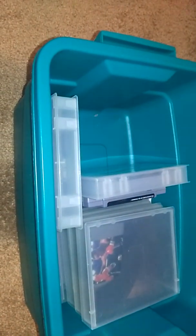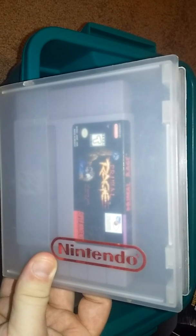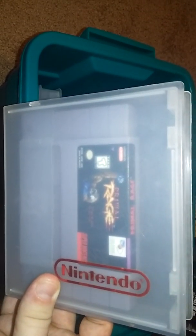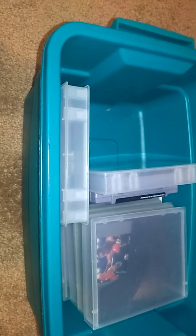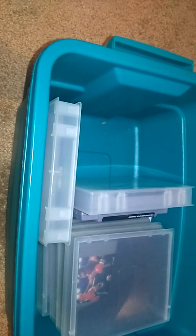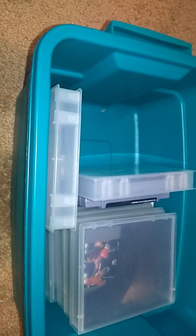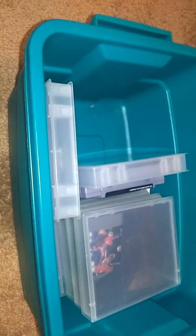But yeah, that was my experience with Primal Rage, and I remember picking this up one day at a Toys R Us. It had just been released, and I think it was like $60 or $70 when I picked it up, and I played it and played it and played it, and was trying to do all the fancy special kills that you could do in that game with the dinosaurs, and eat all the humans, and it was just crazy fun. This was my favorite Mortal Kombat right here, other than the first one, and that's Mortal Kombat